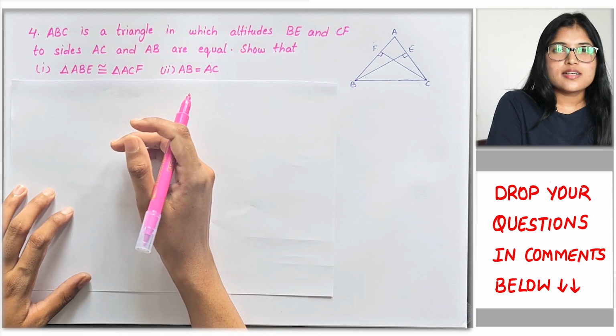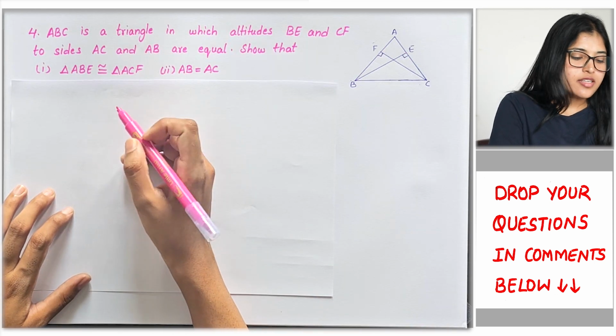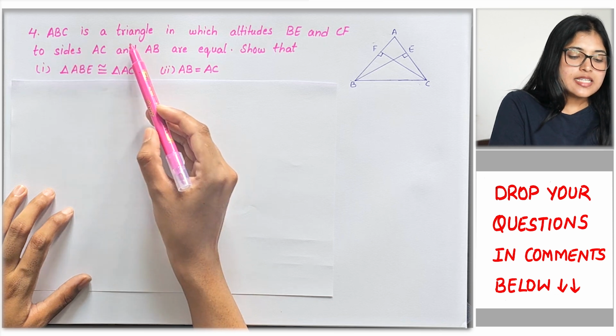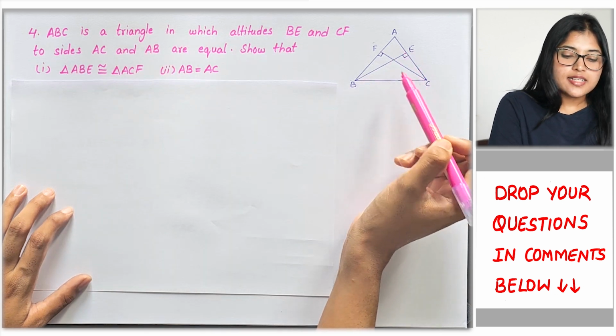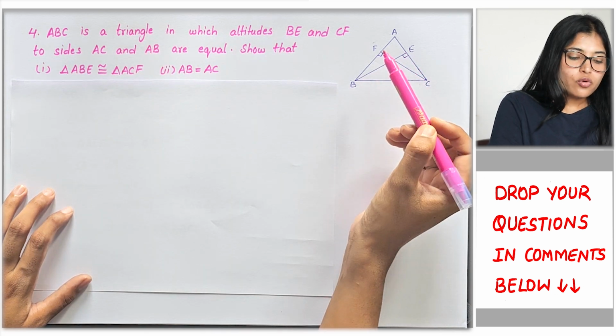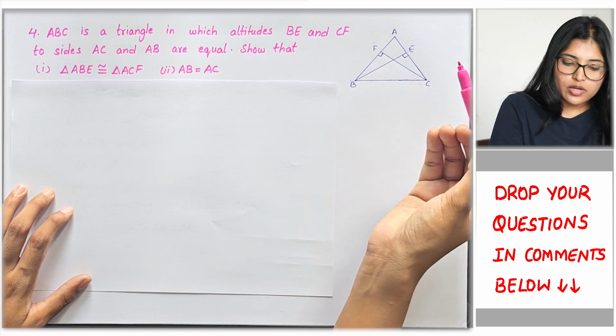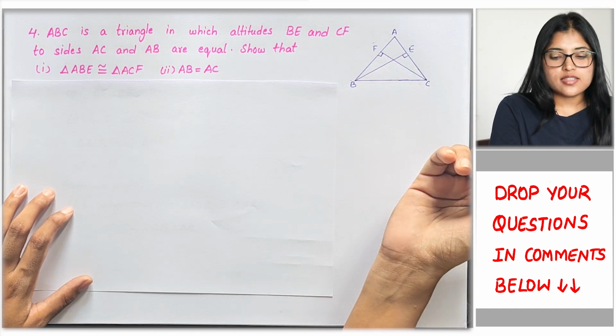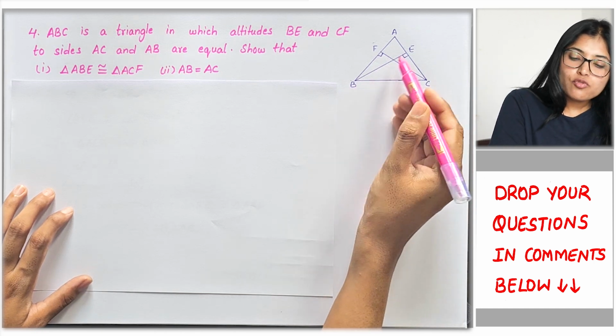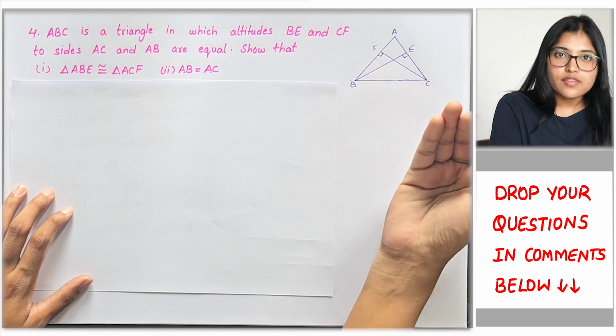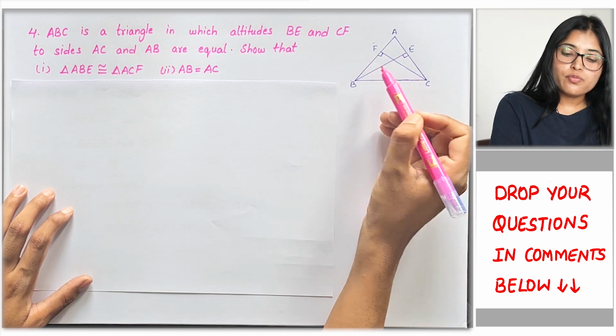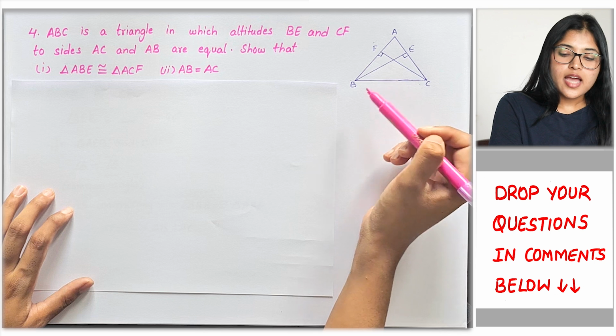In fourth question, a slightly different version of third question is given where they say ABC is a triangle in which BE and CF are equal. Show that ABE is congruent to ACF and AB equals AC. So earlier we were asked to prove BE equals CF. Here we are given that information and we are asked to prove AB equals AC